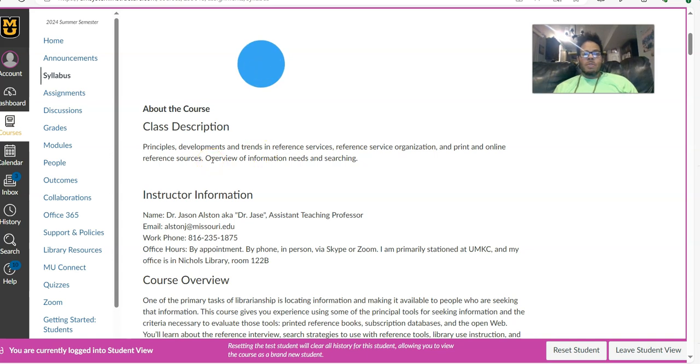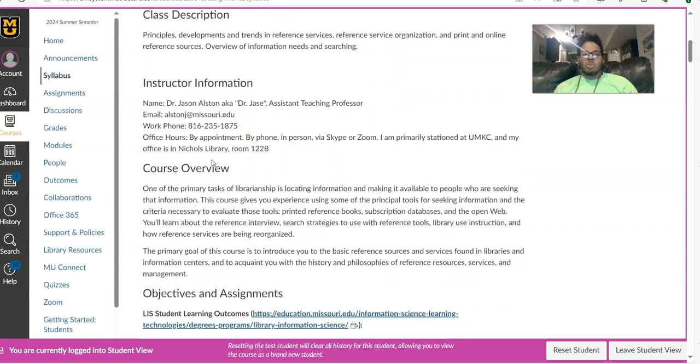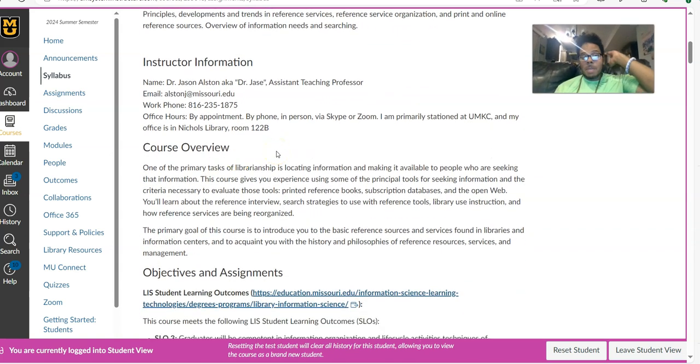Also, we do an overview of information needs and searching. So scrolling on down, if you want some information about me, I will go into a little bit more detail right now, but what you can see on the page is